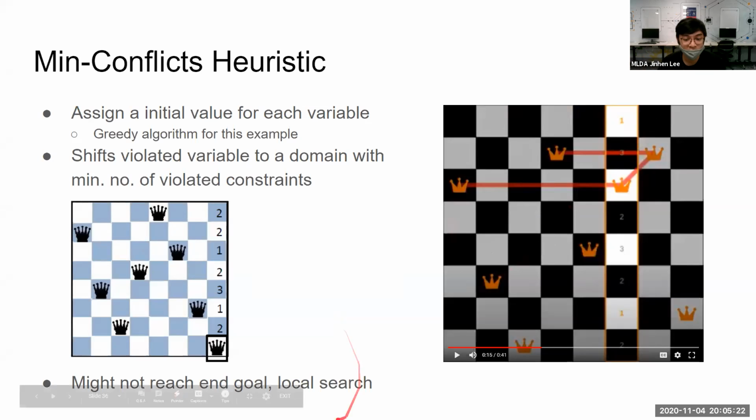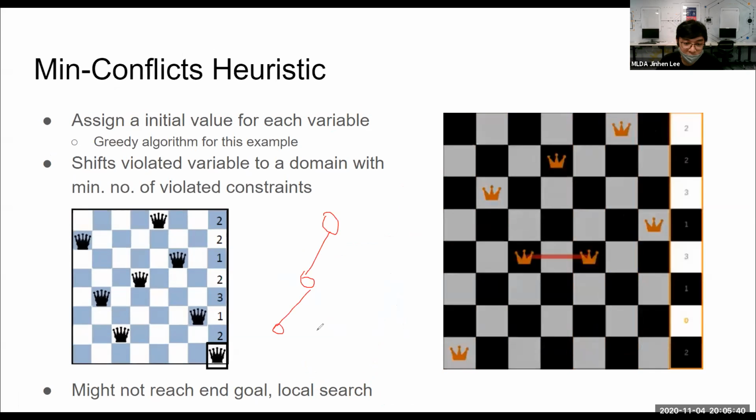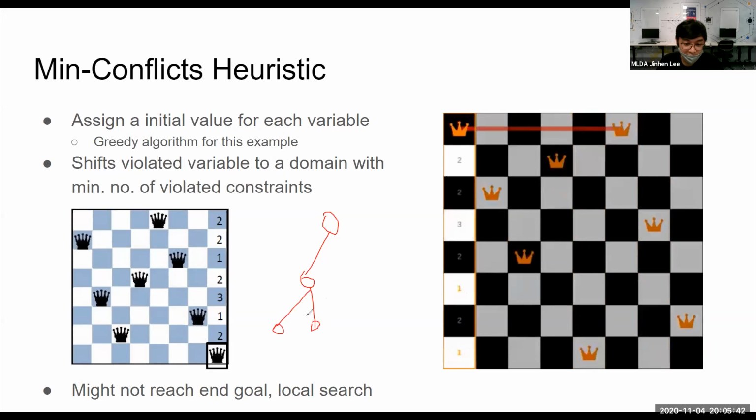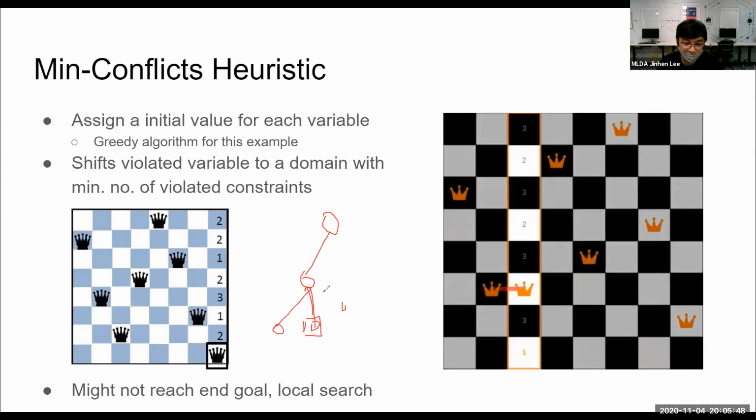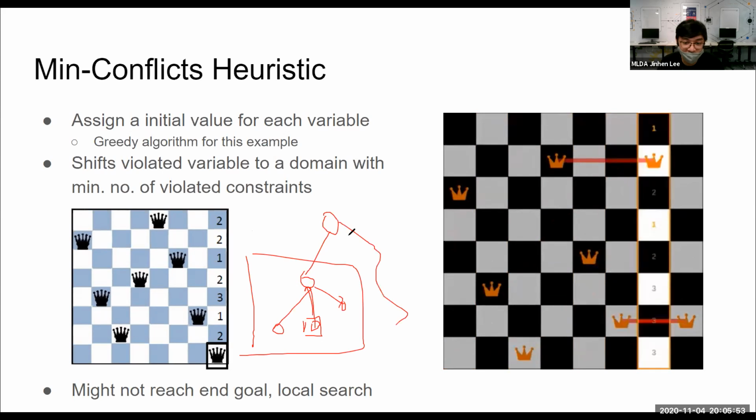In this case, this heuristic is also known as a local search algorithm, because you're only looking at the stuff beside. In the case of the nodes, let's say I expand this node here. So let's say I'm at this state now. I'm doing a local search because I'm jumping from here to maybe a node here. I'm only staying within this so-called region. Imagine the tree is very large and it branches out very big, but I'm only exploring this part. So that's why it's called a local search.